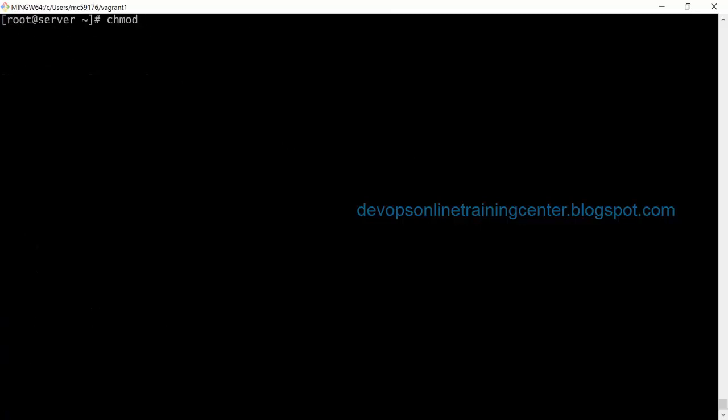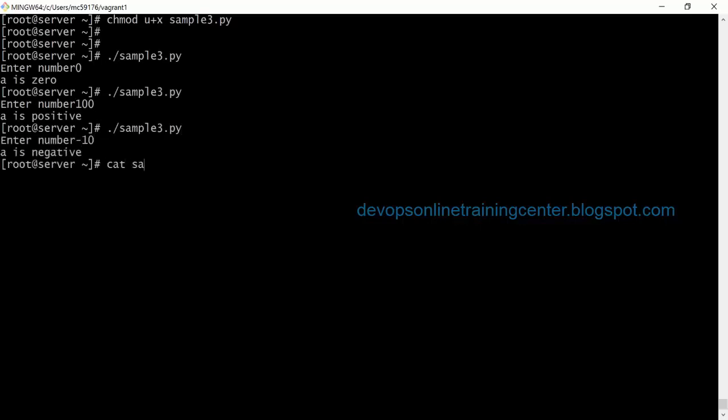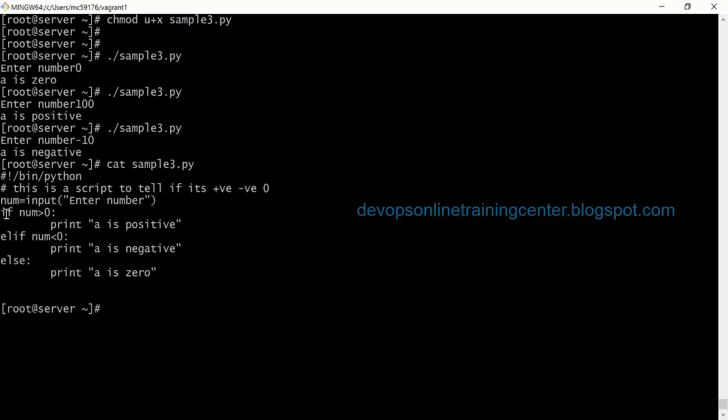So I'll again change the mode. Enter a number 0, A is 0. Enter a number 100, A is positive. Enter a number -10, A is negative. So this is a simple if statement just to check how the indentation works. I'm following the tab indentation everywhere, right?